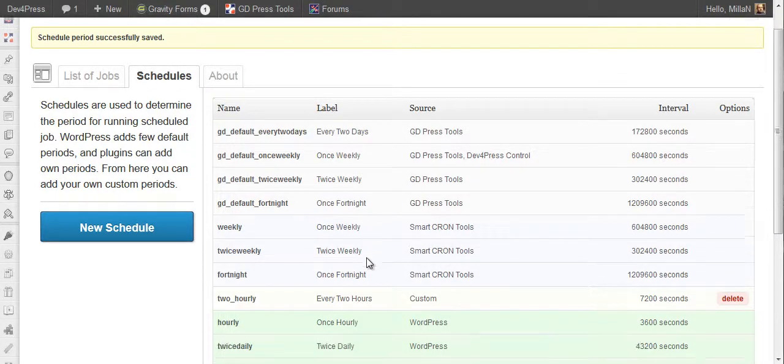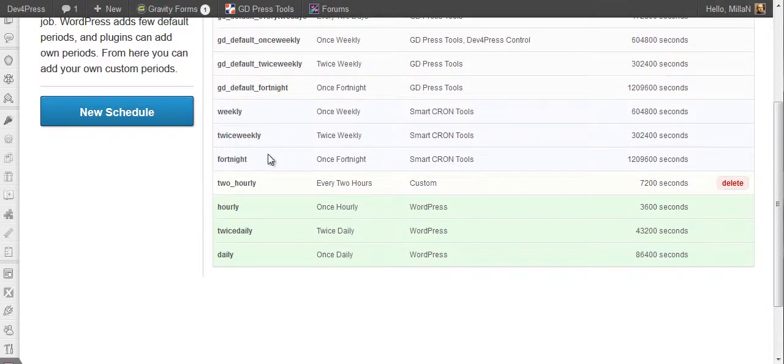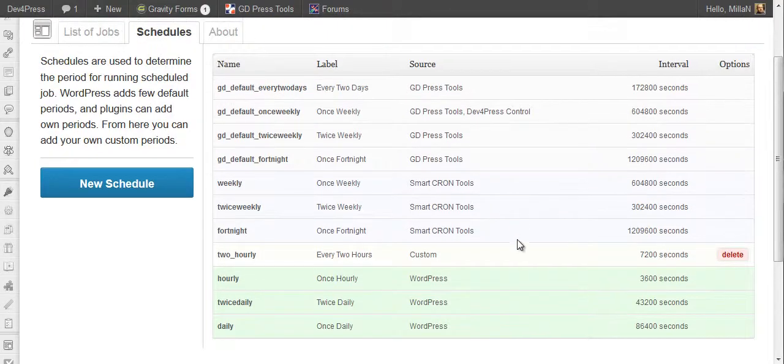So as long as this plugin is active, these 3 in blue and this one in this color will be registered. But now you can use this schedule within some of your other plugins, and they will run every 2 hours based on this period here.